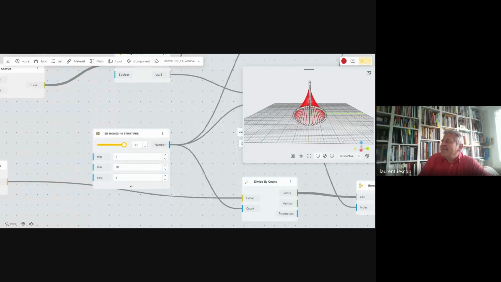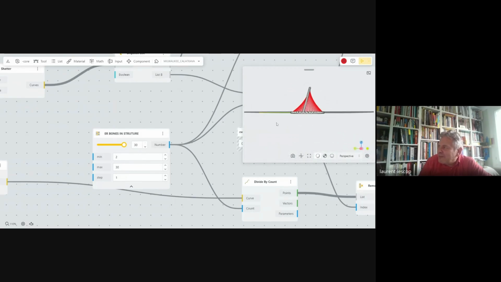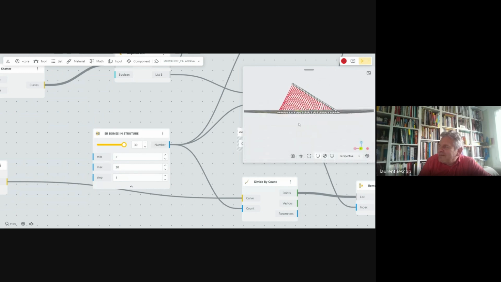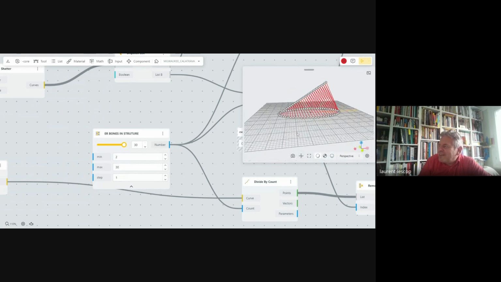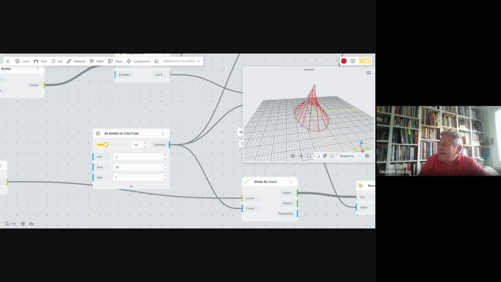Still, you can see you've got only straight lines, and you can see that very nice curve. This is what I love in this structure, a very nice geometric illusion. We go back to 10.